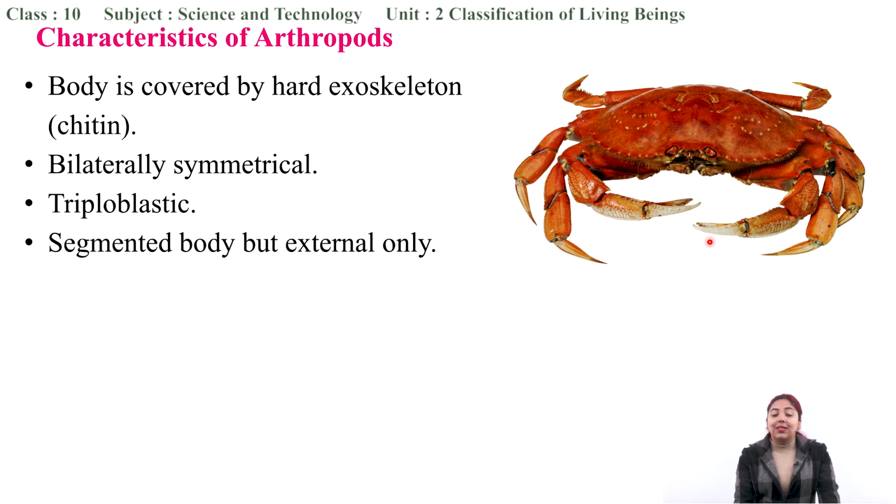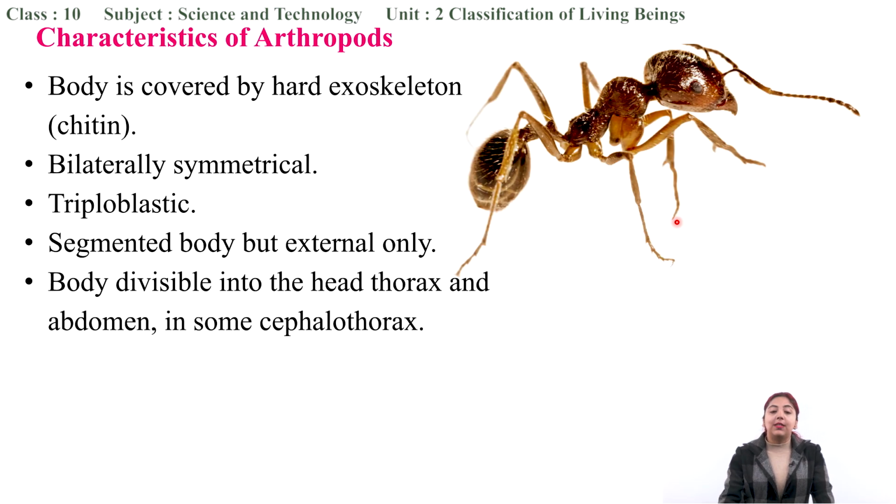Their body is segmented, but it only has external segmentation. The annelids, which we just studied, had internal segmentation as well. But the arthropods have segments with only external segmentation. It does not have any internal segmentation. Now the body is divided into head, thorax, and abdomen, and in some cases the thorax and abdomen fuse